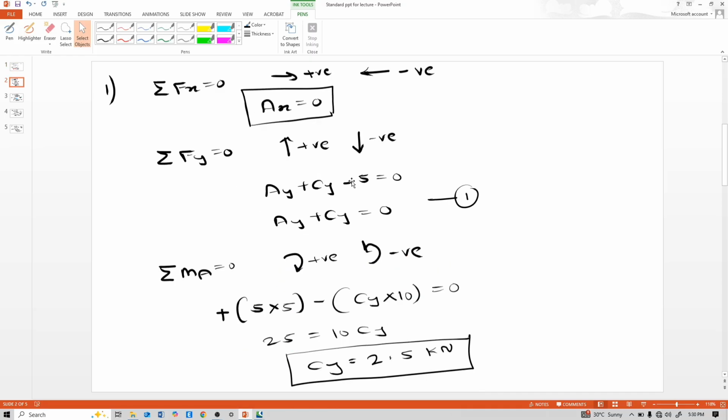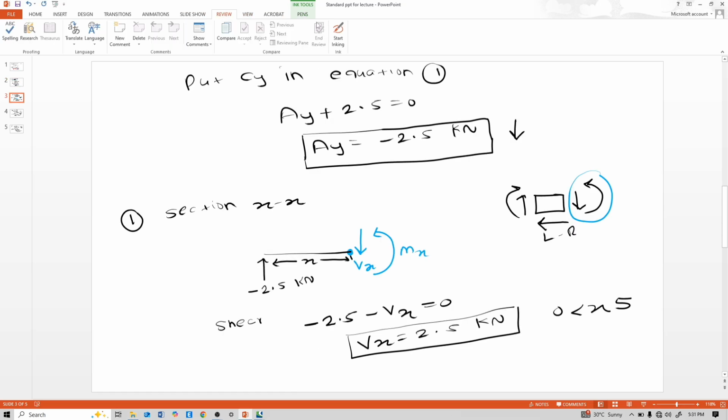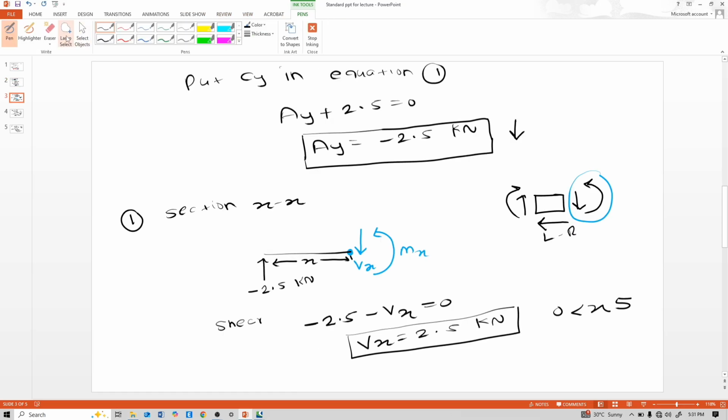AY plus CY minus P. See, we don't write here minus P. So that's why this mistake occurs. Minus P equal to 0. So AY